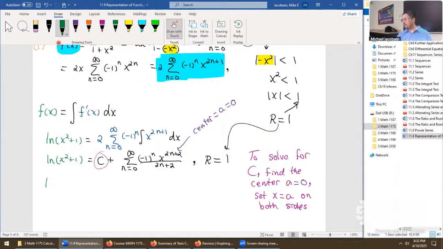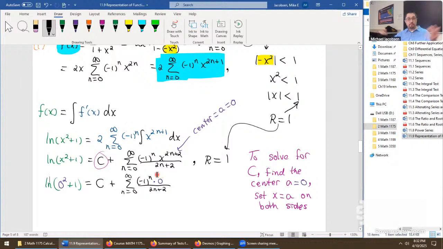The left-hand side is now natural log 0 squared plus 1 equals the constant c, this is the part that we're solving for, plus a sum from 0 to infinity. Some people might wonder why we write this in at all, only for the sake of clarity. We're also plugging 0 in right here, so it's times 0 to a power 2n plus 2, but it almost doesn't matter if we put 2n plus 2 on there, right? It's still 0. It's possibly more confusing to put it on there. It is divided by 2n plus 2 in the denominator, but the entire power series is just wiped out,